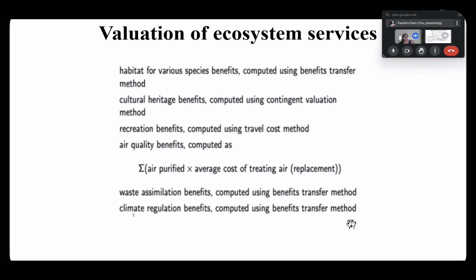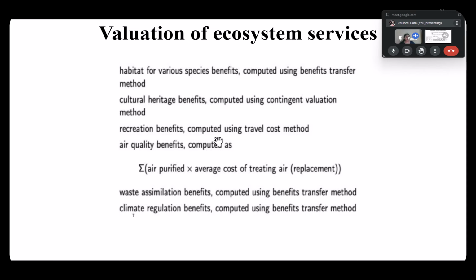And similarly, you have the contingent evaluation method for cultural heritage. For example, let's say there is a plant or a tree which is very important and you somehow need to remove people from those regions. You want to give them compensation. So you ask them, if you are associated with this plant and I'm going to remove this tree, or I want to conserve this tree and I want you people to move out, what kind of compensation do you want? So there you are not using any prior information, and the way you're evaluating is very different. It's based on people's choices of what kind of pricing they are going to put on the services.